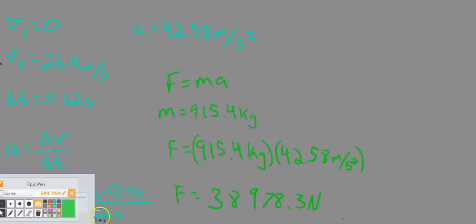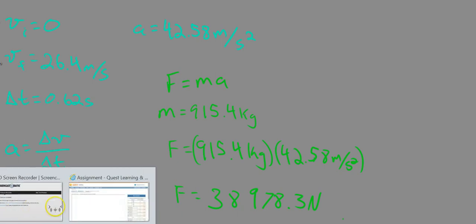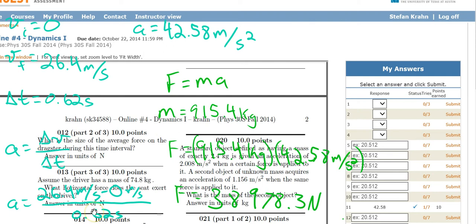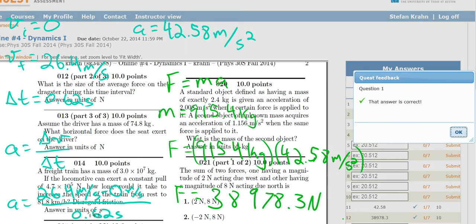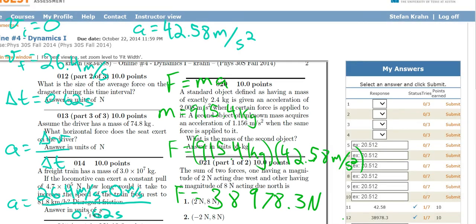So here, if I put that answer in to here, let's see, this was number 12. That was 38,978.3 newtons. And I will submit that. Nice. Okay, and for the last one here,